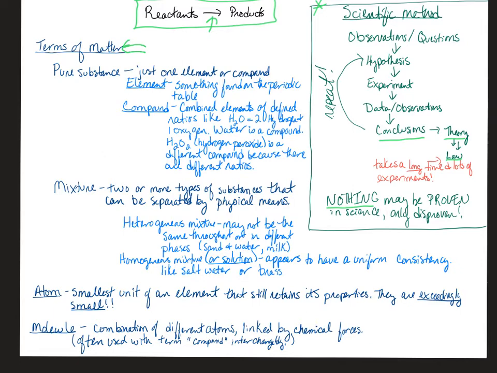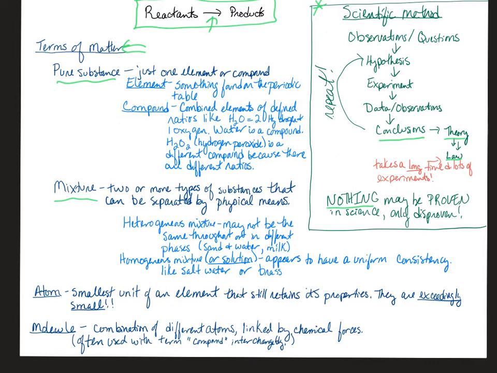Okay. So in comparison to a pure substance, there's something called a mixture. Well, a mixture is 2 or more types of substances that can be separated somehow. This may be harder than it actually sounds like, though. We have 2 types of mixtures. There's heterogeneous mixtures. So this is like sand and water. Milk is actually a heterogeneous mixture. It's got lots of water in it. If you let it sit for a long time, you'll see that difference. It may not be the same throughout within a heterogeneous mixture.